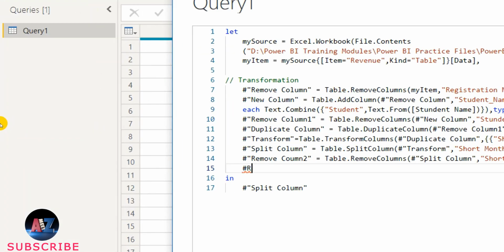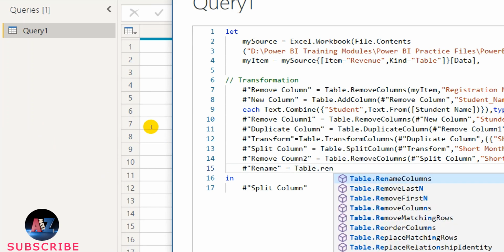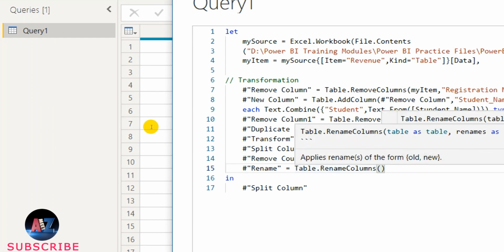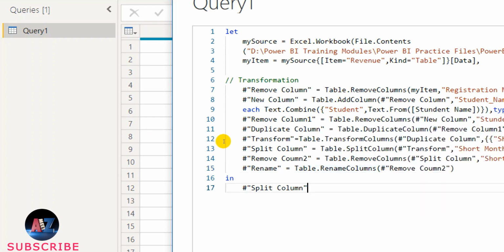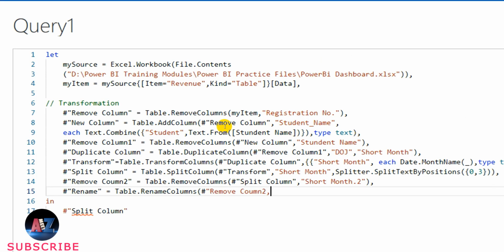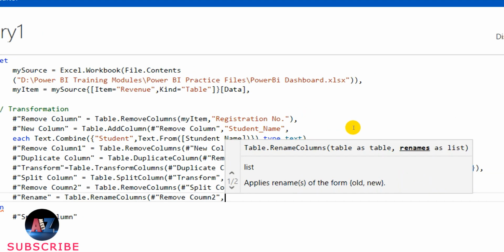After that, another step, I need to rename the column short month 1 to short month. So rename equal Table.RenameColumns, open bracket, previous step, that is remove column 2, and then what are those columns and what to be done. Remove column 2, and it is asking me the list.